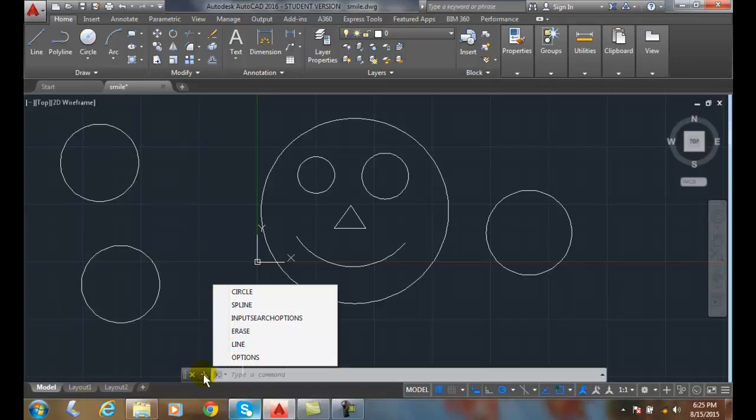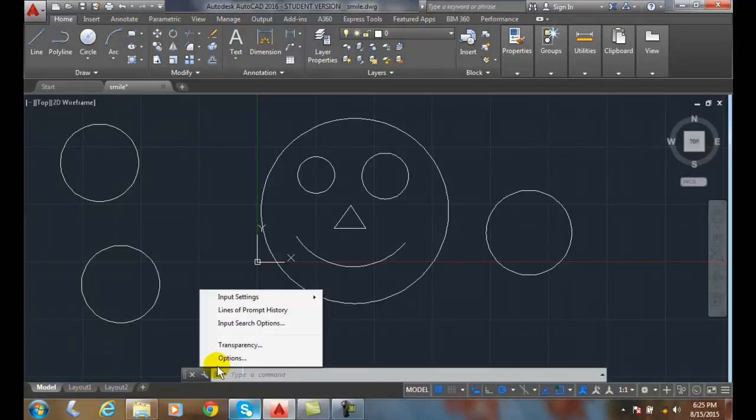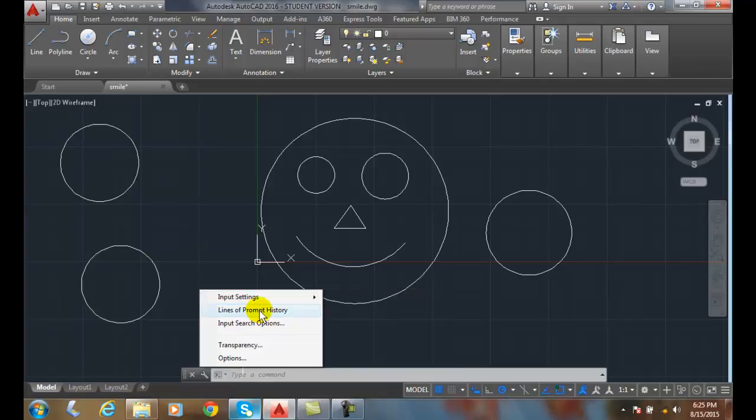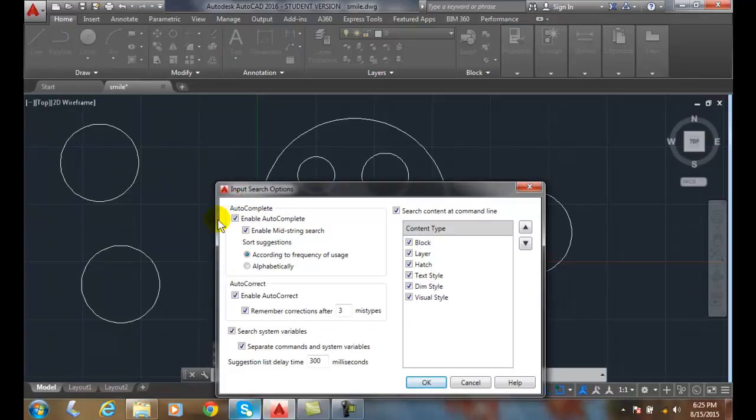Right here with this wrench, this gives me my customizing of my settings for my input search tools. And so I can come over here and say which ones do I want on or off, and I can come in here and turn off autocorrect if I wanted to. I could set the number of lines for the prompt history, which is over here, how many, if I want 50 or more lines. I can come here into the input search options, and here then I have more control over my autocomplete,